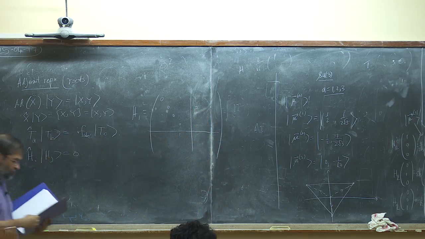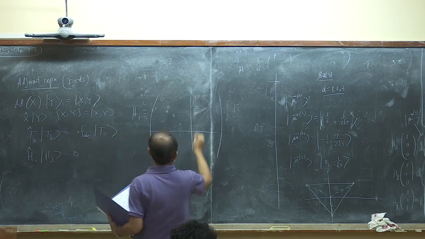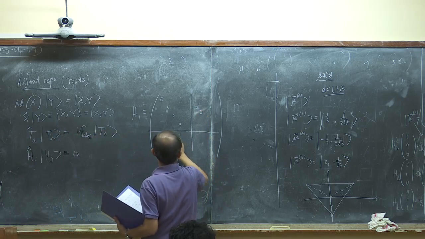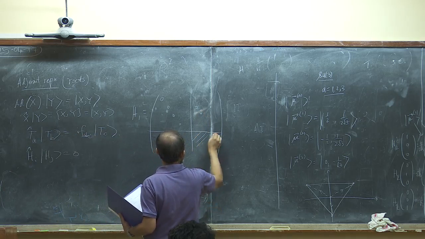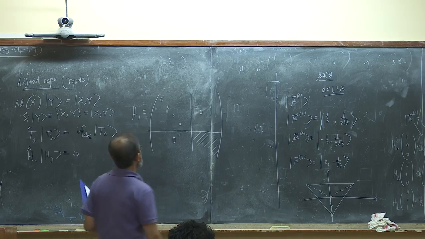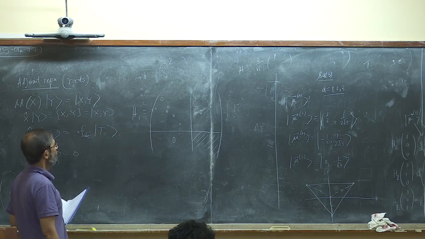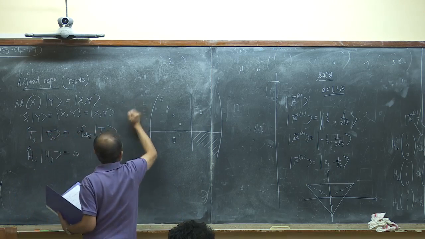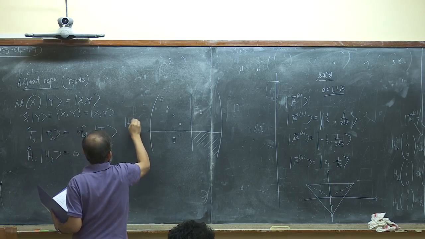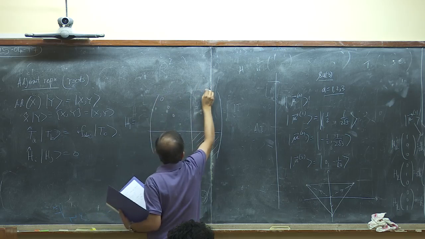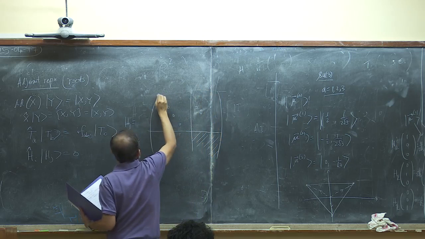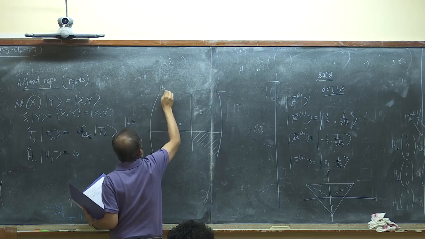Let me try to prove this also. What is this notation? Any H here, I'm writing in terms of its action on commutators. So H1,